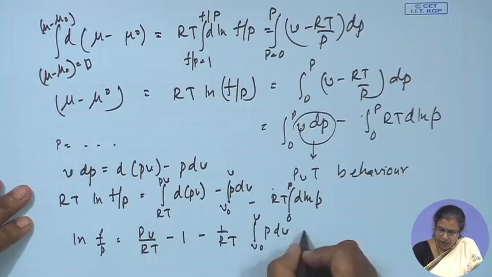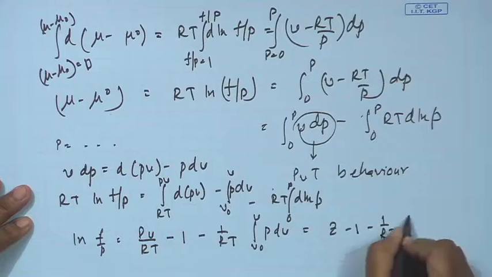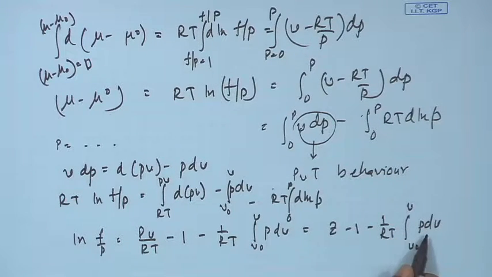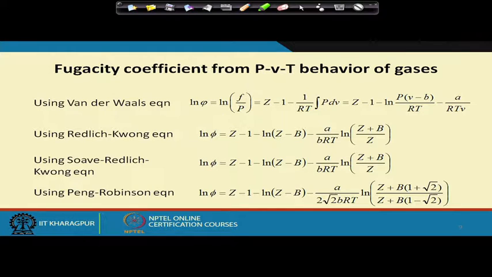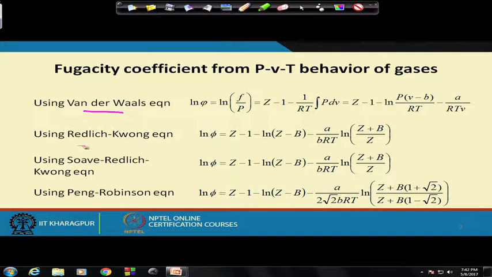Whereas we know PV/RT is equal to Z, therefore this is (Z minus 1)/RT, integral from V0 to V of P dV. In this particular form we can use any of the cubic equations of state, and in this slide I have mentioned the different cubic equations of state which we have already discussed. Using these cubic equations of state, I have also written down the final forms of the fugacity